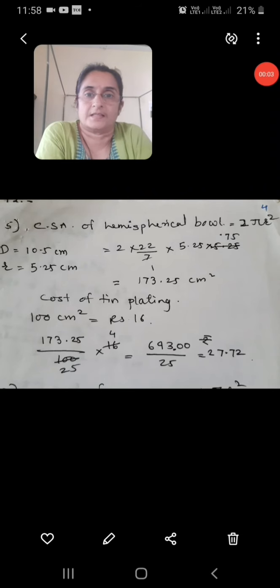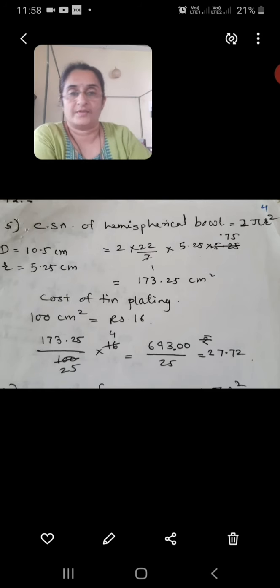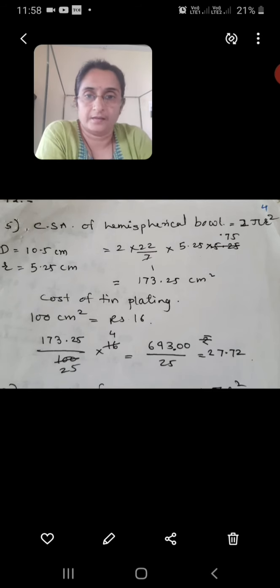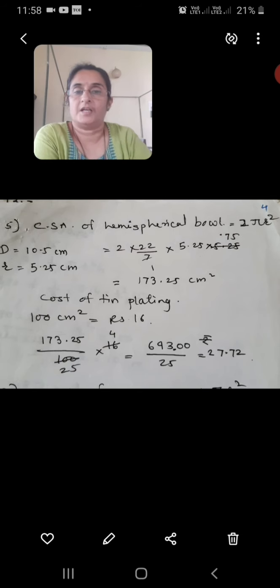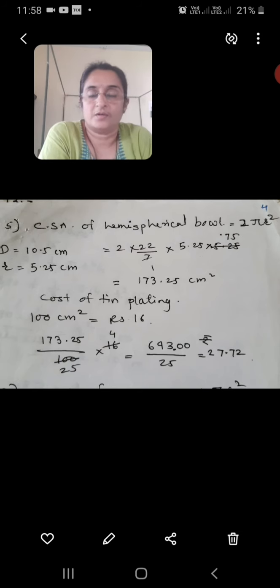In the fourth exercise, we are going to learn about the total surface area of a sphere, total surface area of a hemisphere, and curved surface area of a hemisphere. Now for a sphere, it will be only surface area, because it doesn't have a separate total surface area or curved surface area. Whatever is the curved surface area, we are going to consider as the total surface area. The formula for that is 4 pi r square.